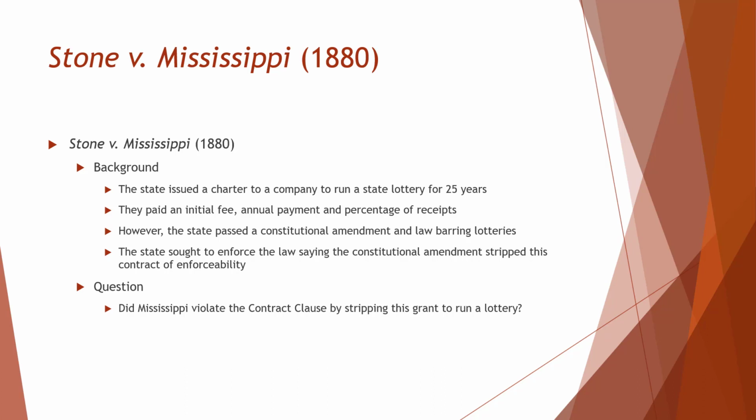So the way this worked is that sometimes government will contract out to some corporation to run something on behalf of the state, and they'll get part of the profits. So they pay an initial fee, an annual payment, and a percentage of the receipts. Pretty standard. So then one of the things that happened was that the state of Mississippi passes a constitutional amendment